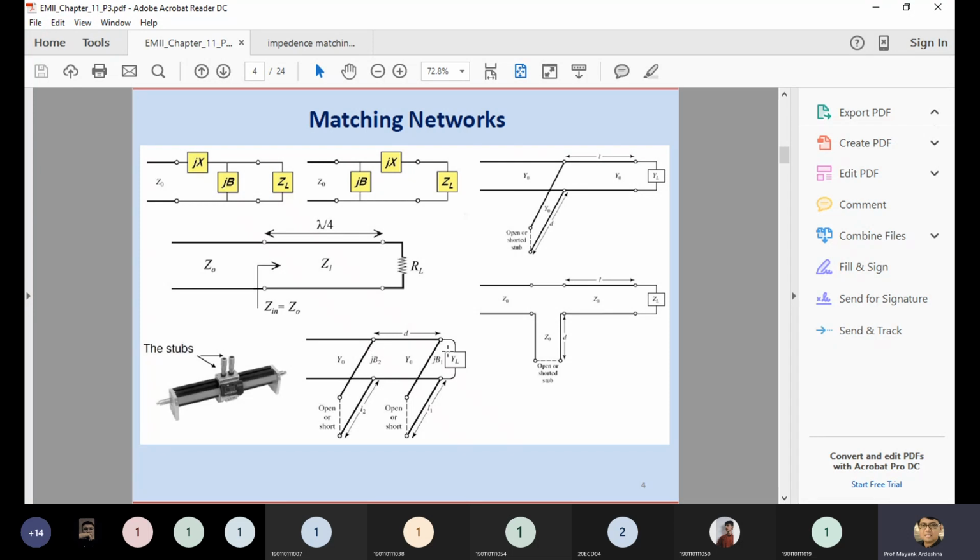Here it's a double stub. So these are called the stub matching technique, single stub as well as double stub. Stub is nothing but a what? We insert a wire between your transmission line and your load impedance. Clear? And for the double stub, we insert two wires simultaneously for the matching. Let us discuss why two wires are required.